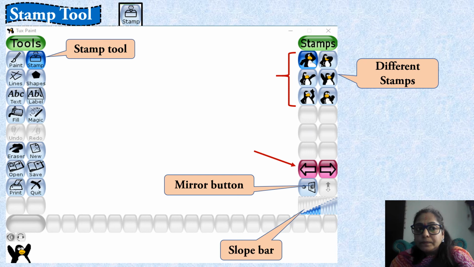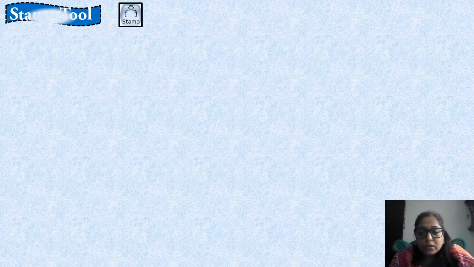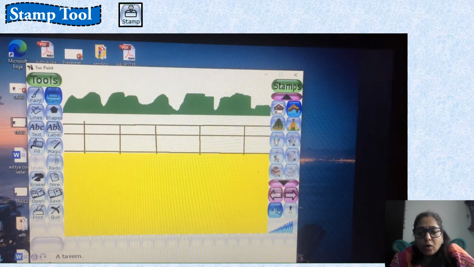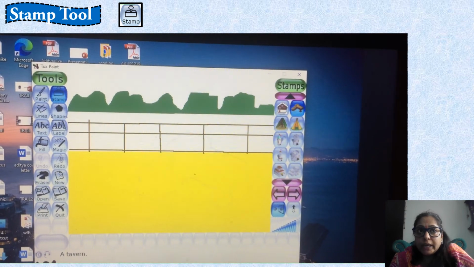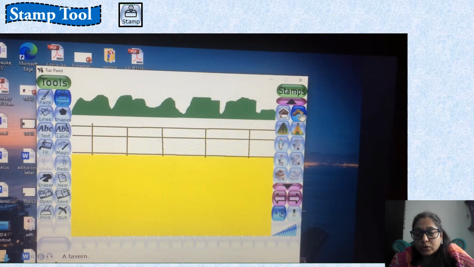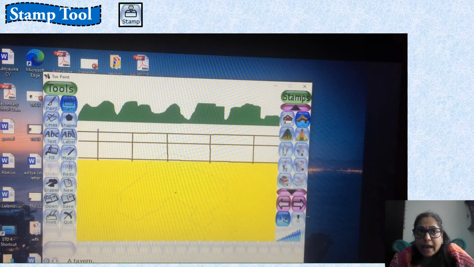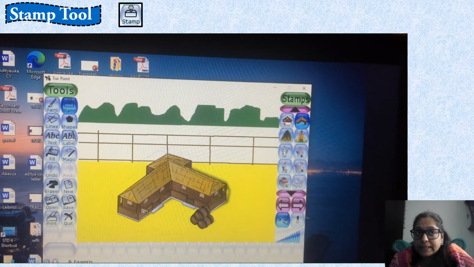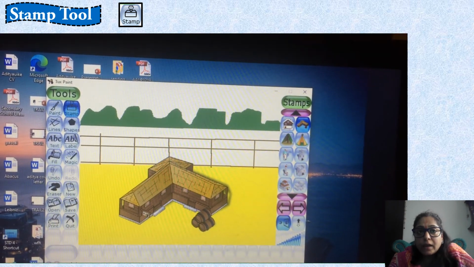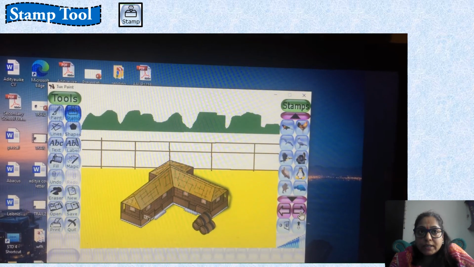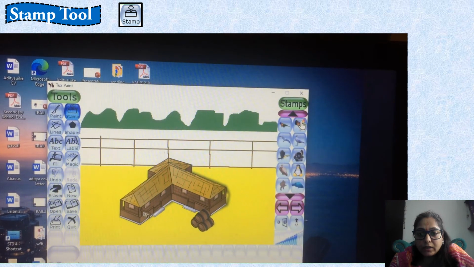Students, let's see practically how we can use stamp tool in our drawing. First, click on stamp tool. Choose any one stamp from the sub toolbox. Select the heart stamp. Now click on the canvas and the stamp is pasted. Likewise, select the cork stamp and paste it on the canvas. See, like this you can select and paste it on the canvas.